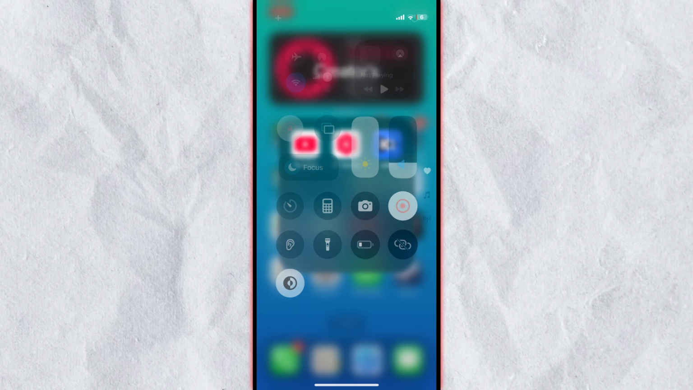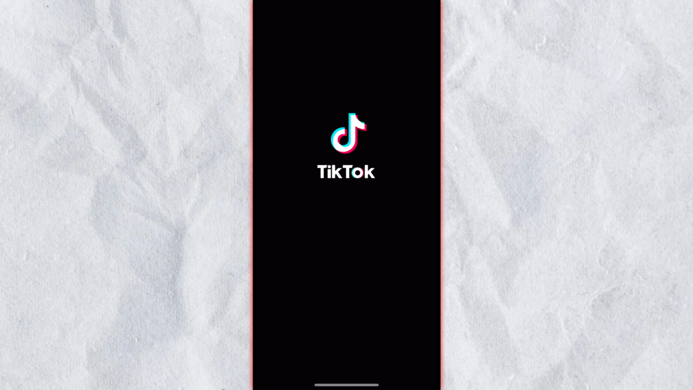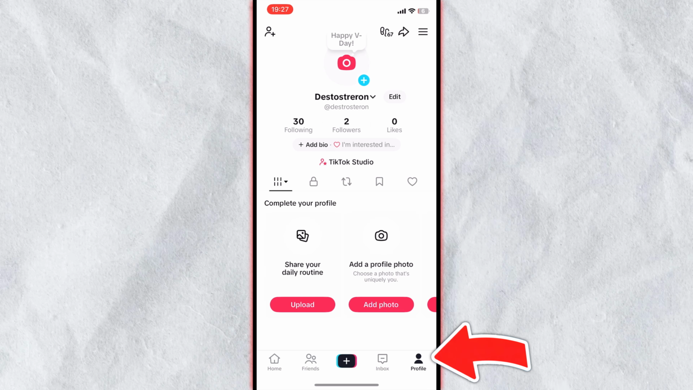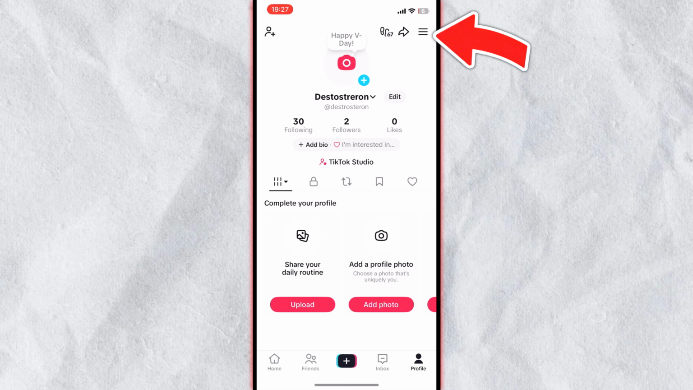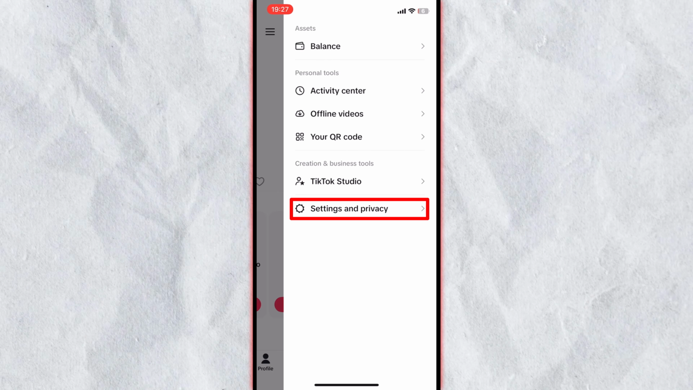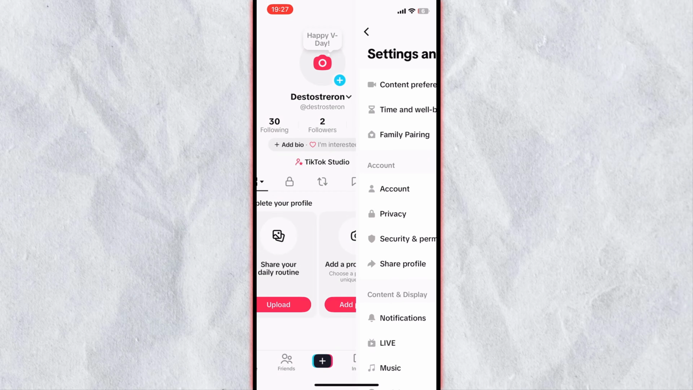Here is how to delete your TikTok account permanently. So for this, let's open the TikTok application, and inside it, press on your profile icon from the bottom right, and now in the top right, you will see 3 lines. Let's hit these 3 lines, and now let's go inside settings and privacy from here, and this menu will pop